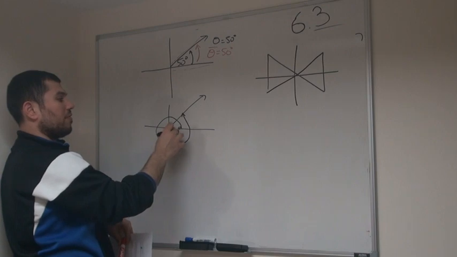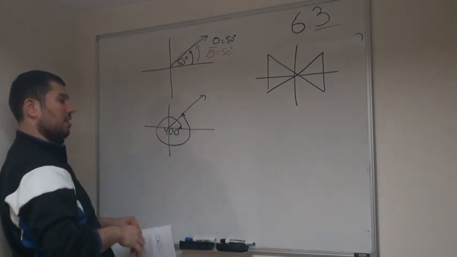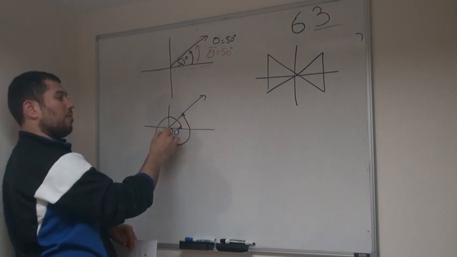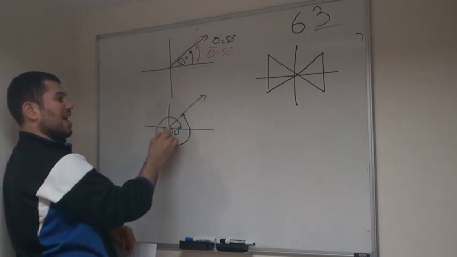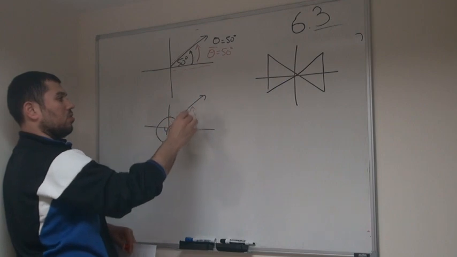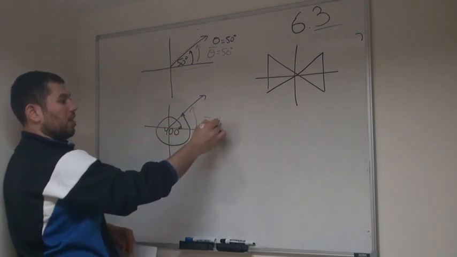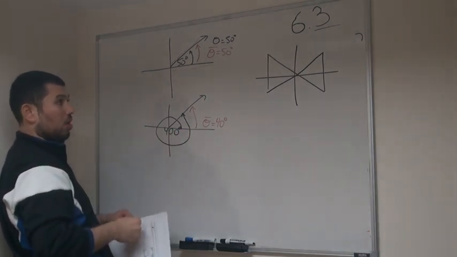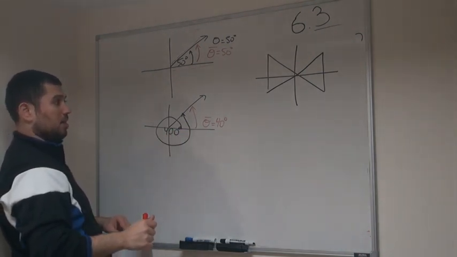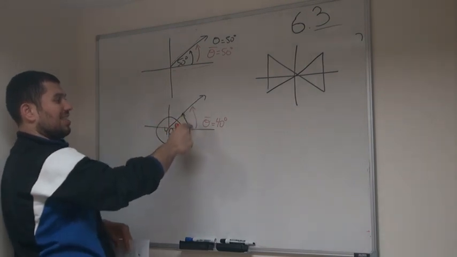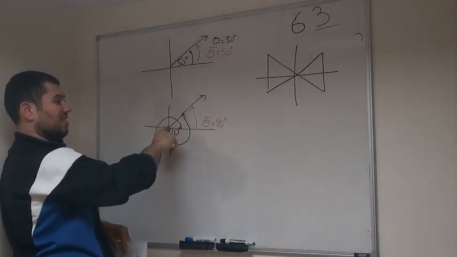So what would the reference angle be associated with a 400 degree angle? Just the angle formed by the terminal side and the x-axis. So the reference angle, theta bar, would be 40 degrees. So quadrant 1 should be in the bag for you guys. If I need a reference angle in quadrant 1, it's just the angle formed by the x-axis and the terminal